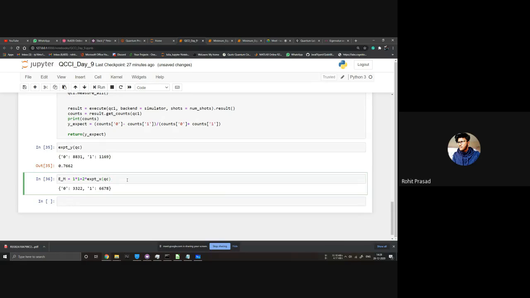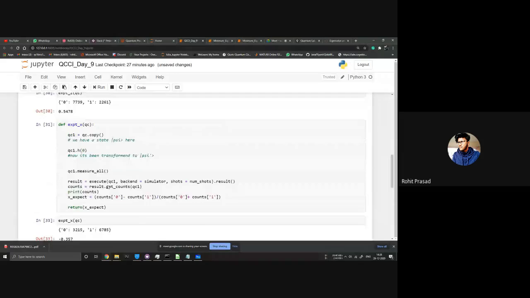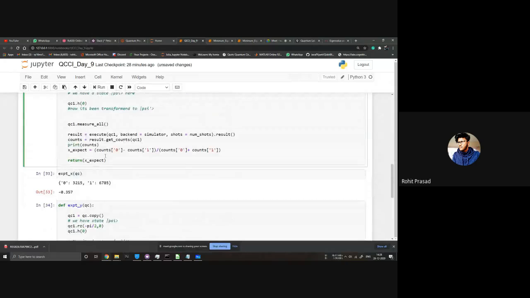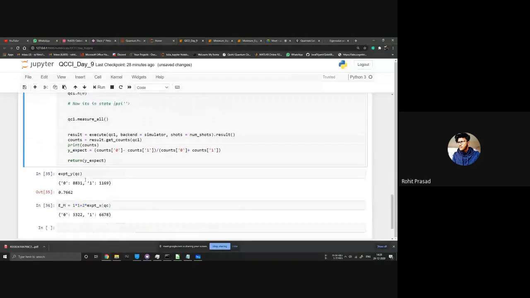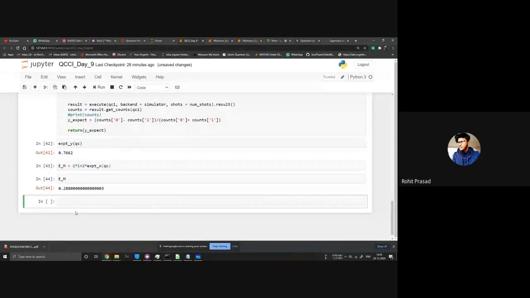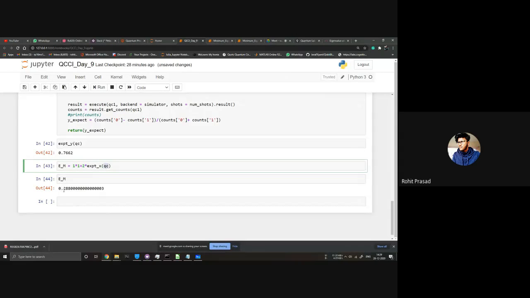You see why is it giving something like this? Oh, okay. So I forgot to hashtag this one. So it's giving a different thing again and again. So after defining, I just comment it out. Okay. So we got our expectation value of M with respect to this QC. So it's 0.28 something like that.